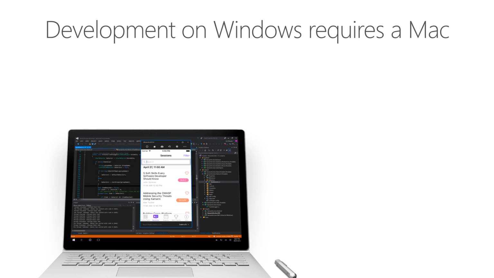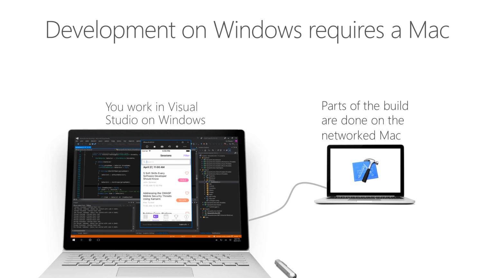Now, I've just mentioned that we can use a Windows PC with Visual Studio to compile our iOS applications. The problem is that we also need a Mac to connect to. So now you may be asking, why is this a requirement and why can't I do everything on my Windows machine? The answer to this is in Apple's licensing requirements. Apple licensing requires that we build the application on a Mac with the Apple SDK. That means we can't do everything on the Windows side and that you'll need a Mac to actually do the